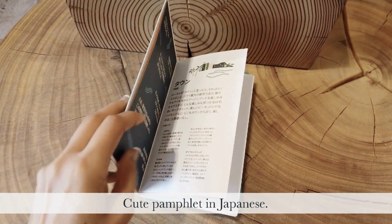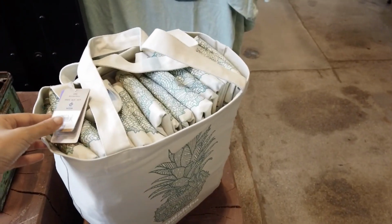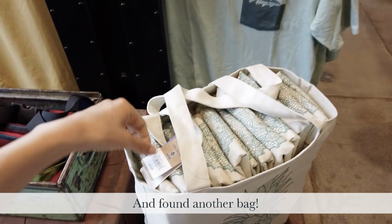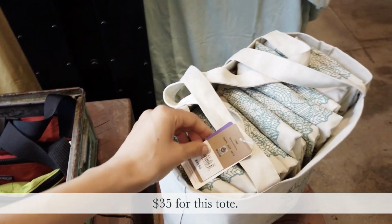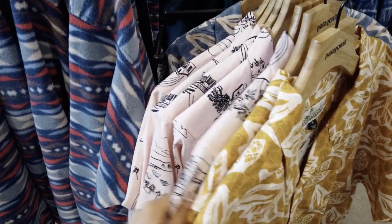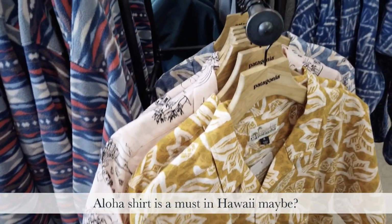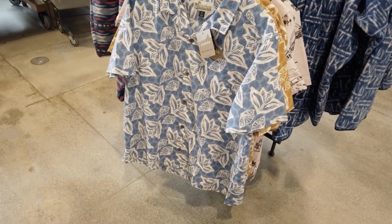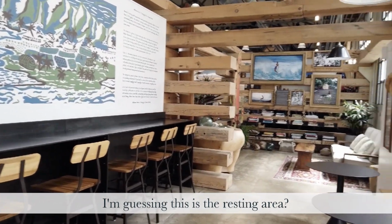Then they have cute pamphlets in Japanese. こんな感じで可愛いパンフレットが日本語で書いてあります。それだけ日本人観光客が多いということなんでしょうね。And I found another bag. またバッグです。$35 for this tote. このトートバッグは$35です。These are Aloha Shirts. And Aloha shirt is a must in Hawaii, maybe? アロハシャツってみんな持ってるものなんでしょうか？